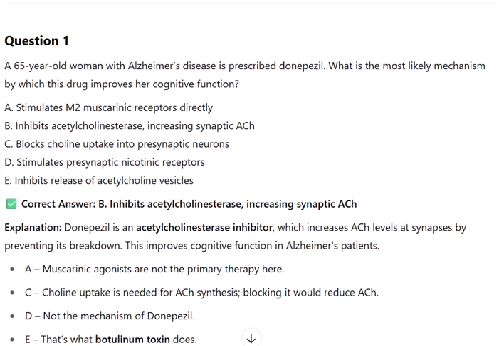C. Blocks choline uptake into presynaptic neurons. D. Stimulates presynaptic nicotinic receptors. E. Inhibits release of acetylcholine vesicles. Correct answer, B. Inhibits acetylcholinesterase, increasing synaptic ACh. Explanation: